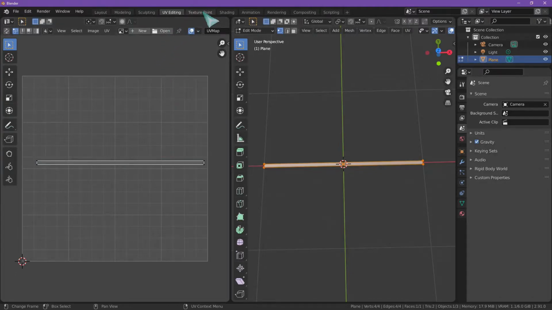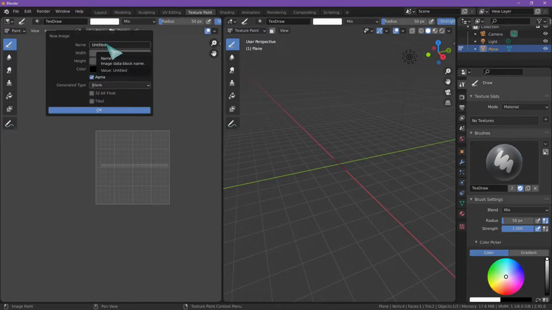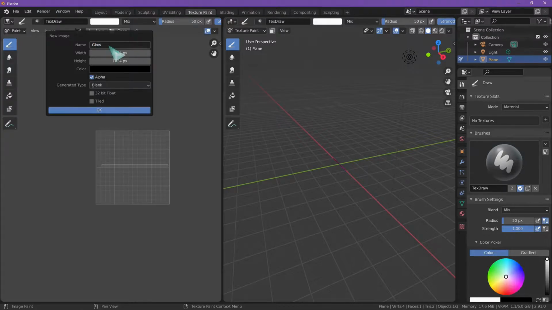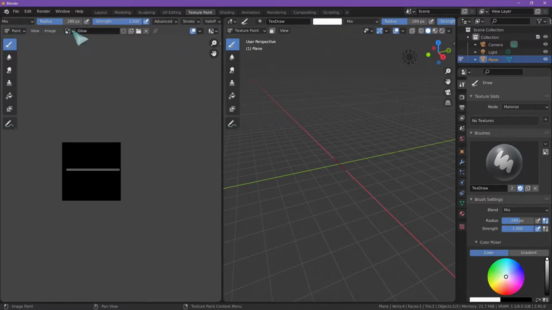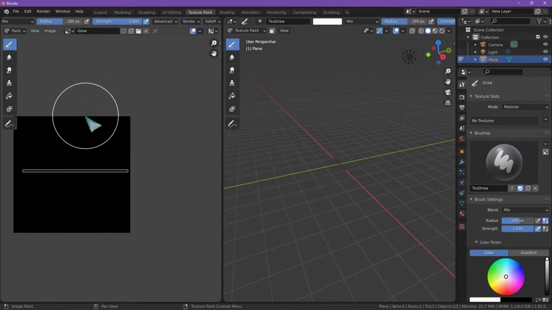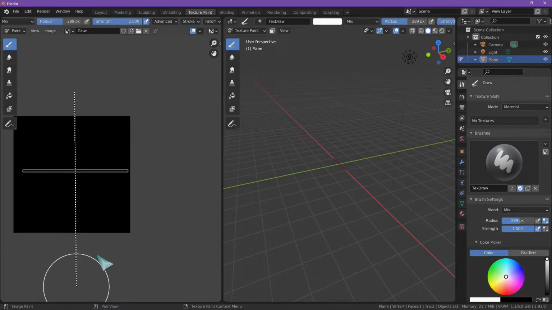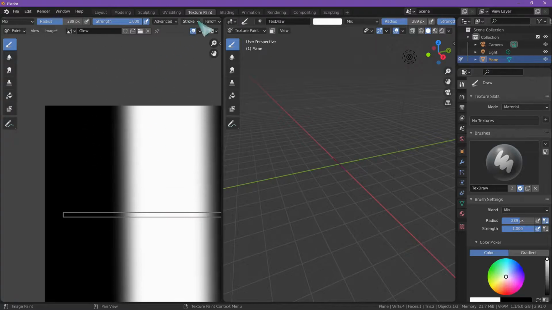So what we need is a texture that actually has a glow. Add new, call it glow. Okay, 1000 by 1000. Let's make a bright white glow in the center, and I want my stroke to be a straight line like this. Okay, and then